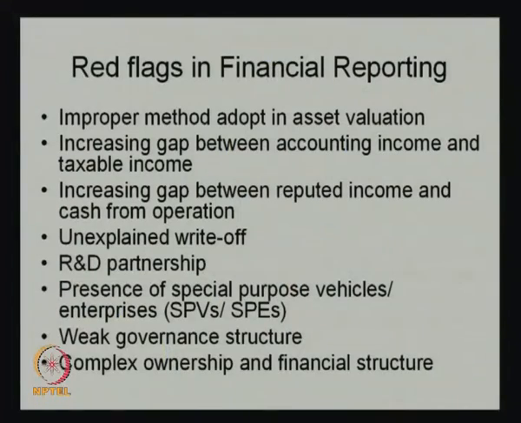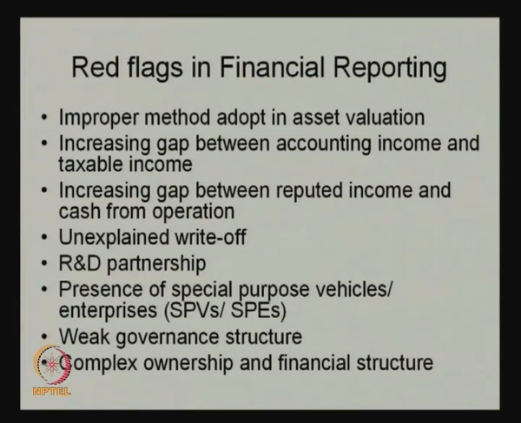Then there could be unexplained write-ups, R&D partnerships, more R&D. There could be presence of special purpose vehicles to take care of certain activities, and they may be outsourcing to those, and then there could be manipulation in terms of special purpose vehicles. In fact, we can look at the case of Enron, which used to have a lot of special purpose vehicles. It used to have revenue transactions with such SPVs which were non-existent. They used to show that they had made sales to those SPVs, because actually there were not many sales happening between the company and the special purpose vehicle. So presence of such SPVs is one of the dangerous signals.